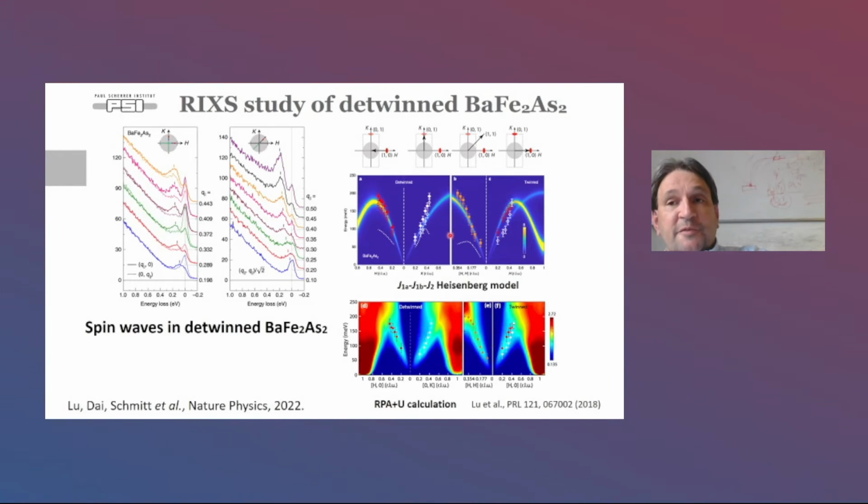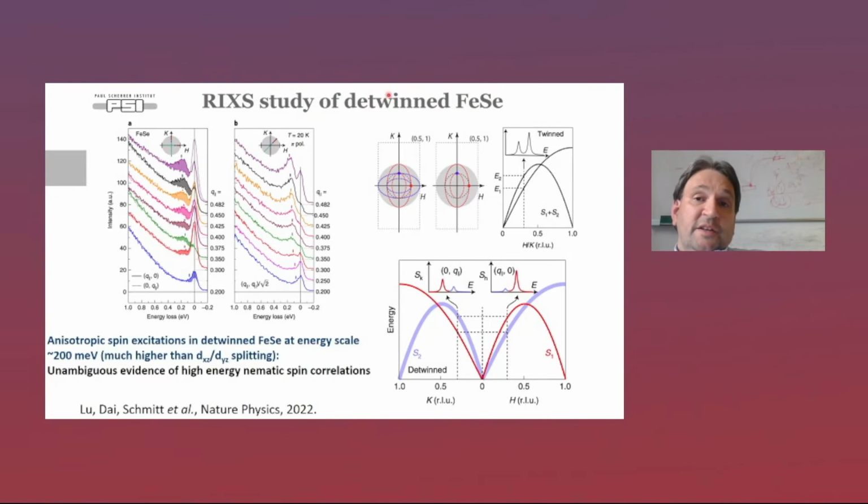So now, how is the situation changing when you look at the iron selenide? When we now indirectly detwin iron selenide by the trick of first detwinning the iron arsenide and then recording the spectra of iron selenide, you see also here a case that you have very clear anisotropic intensity behavior between the 1, 0 and 0, 1 direction. You have also intense high energy spin excitations in pi direction. So that means you have clearly anisotropic behaving spin excitations in detwinned iron selenide.